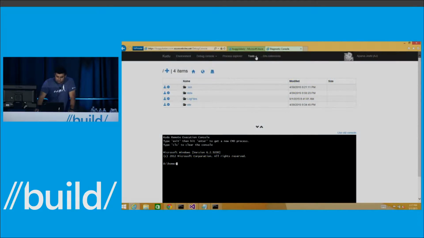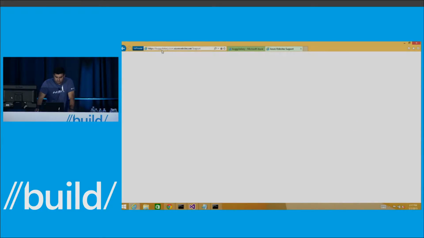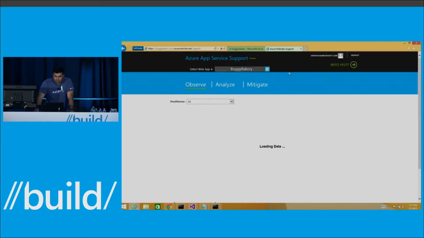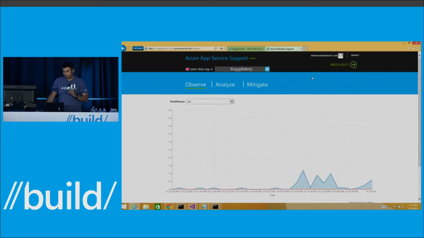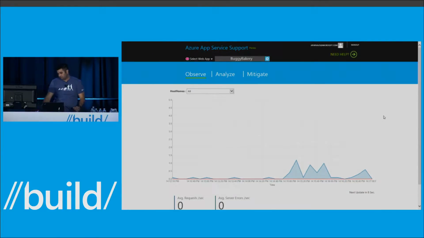From the Kudu portal, if you click on tools, and then click on support, it will do a redirect with a single sign-on for your site. It should come up to the support portal that we have, where it will list all the sites that you have under the account that you logged in as. All the subscriptions, all the sites, etc. And the first thing that you see right off the bat here is Observe. So what is this Observe? Observe is basically